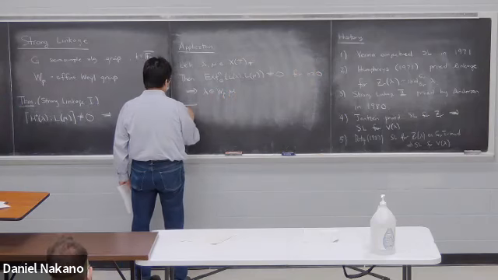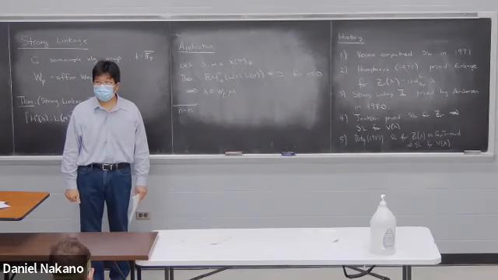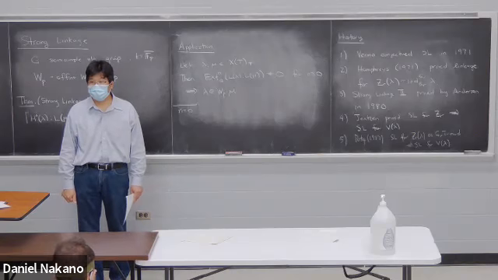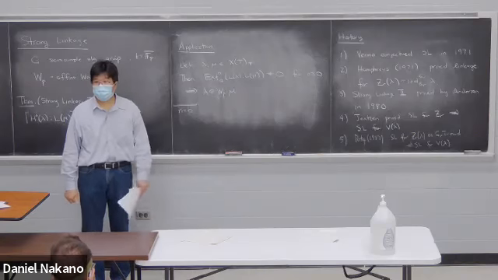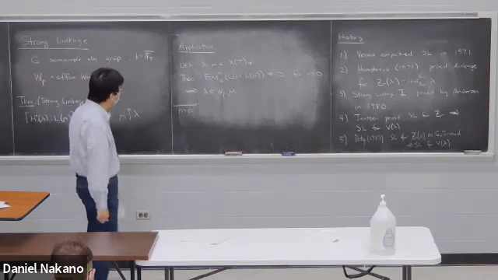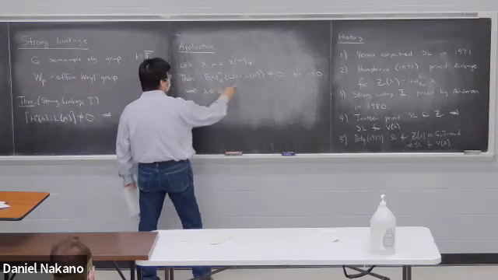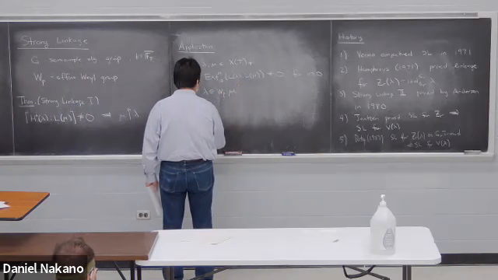So for n equals 0, this is very easy because X is just Hom. The only time the Hom is non-zero is when lambda is equal to mu. So this condition is obvious if lambda is equal to mu. Just take the identity element. Okay, so this is okay. So for n equals 1, if this is non-zero,